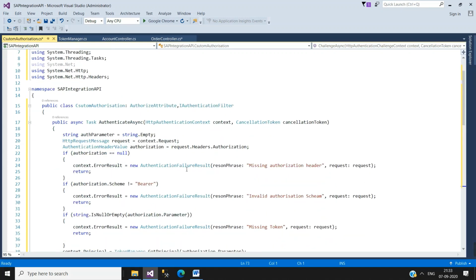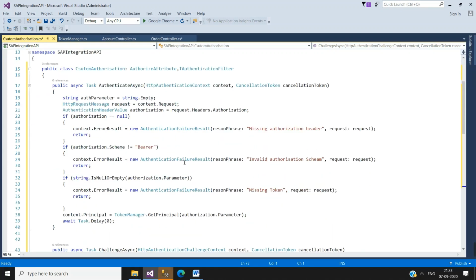So what we have done here, we are receiving the context and creating a request object here, and we are creating the authorization object with the help of request.headers.authorization and checking if authorization is null.